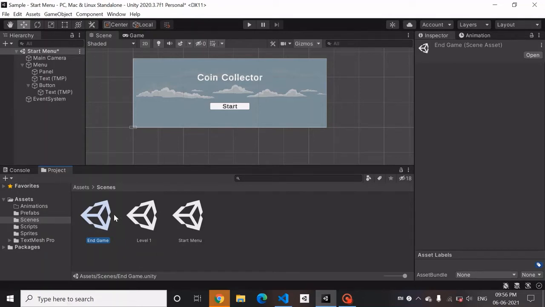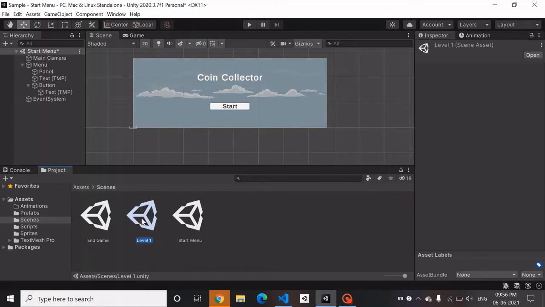There are two ways. One is you create two scenes, one for if the player wins and one for whether the player loses. Or the second way is you can inform this other scene about whether the player won or lost, and that is a little too complicated.